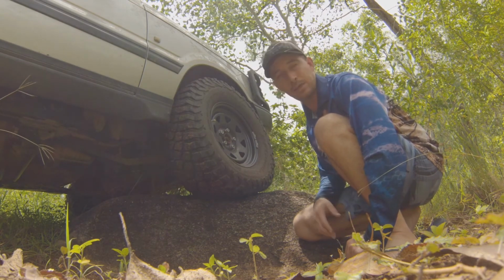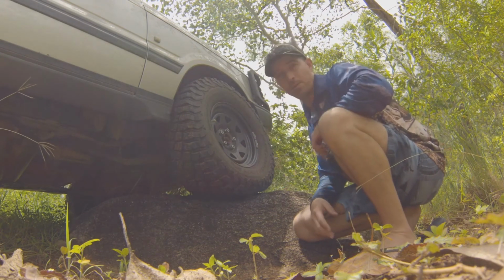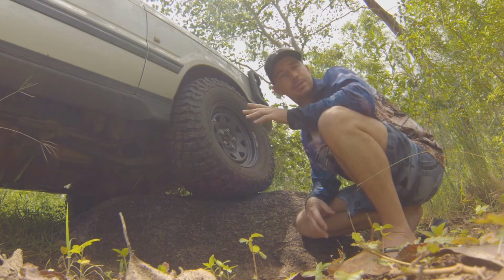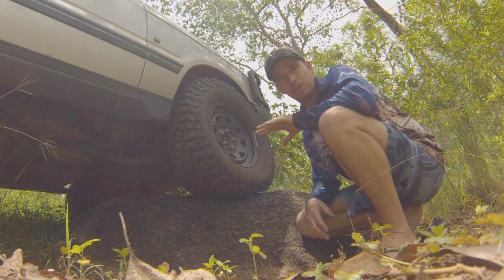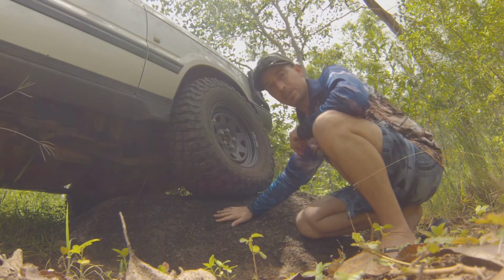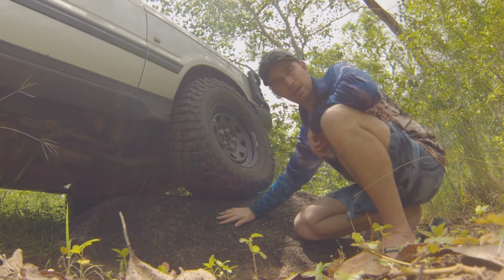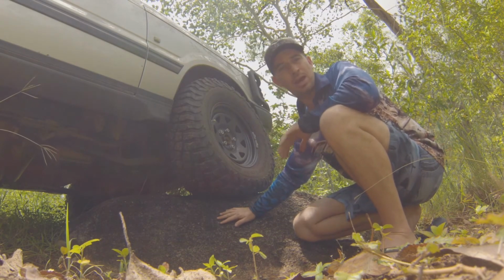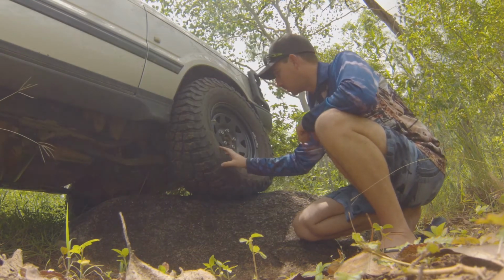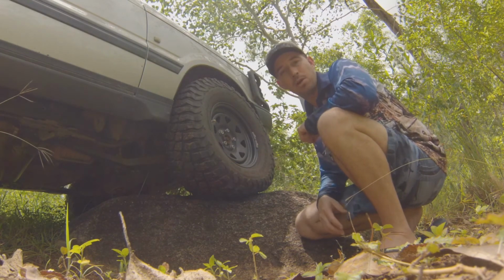A lot of people don't like letting their tyres down. They think that it's just too much effort to pump them up and play around with tyre pressures. Now I'm not saying you have to go out on a dirt road and drop your pressures every 5k's because the road's changed, but what you need to do is find an ideal medium for the terrain that you're driving on. So if you were doing a lot of this rocky stuff, say you had a 5 kilometre track that you needed to drive that had a lot of boulders and rocks and shaly ground, maybe some sharp stuff in there, then I think it's ideal to let your tyres down like this. But if you knew that you're going to go to a dirt road after that little 5k section of rock,